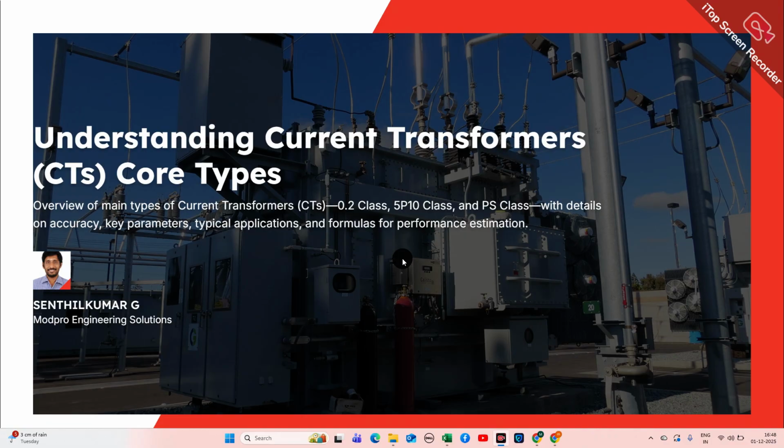Myself Senthil Kumar. Today we are going to see basic core types in current transformer. We have 0.2 class, 5P10 class and PS class. We will see accuracy and how, for PS class, we can see accuracy and other things. Okay, so first we will move to